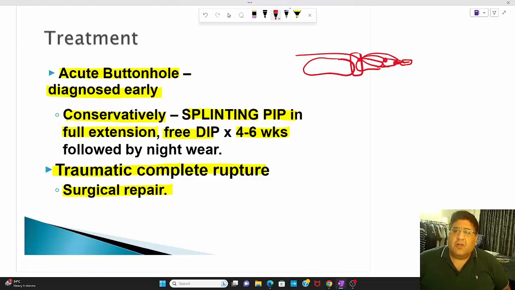Now, the point is very simple. EDC will extend the MP joint. Central slip will extend the PIP joint. Lateral band will extend the DIP joint. But now the purpose is to make you understand that these tendons as such can't do anything. It is only because of the lumbricals and interosseous, four lumbricals, four palmar interossei, four dorsal interossei, that they actually do something. Lumbrical is very interesting because they come from FDP and they go to the extensor apparatus. So they are a kind of conduit between the two, and that is why you have flexion at MP and extension at PIP. How is that important surgically?